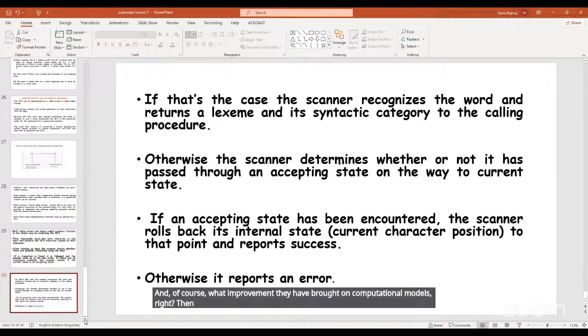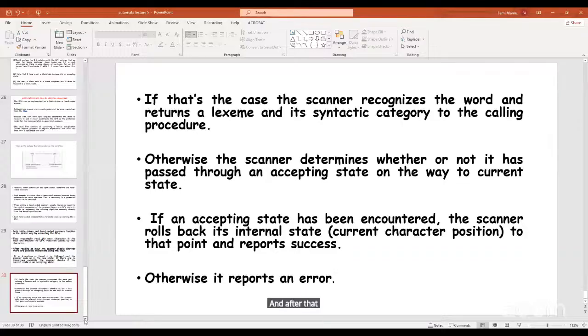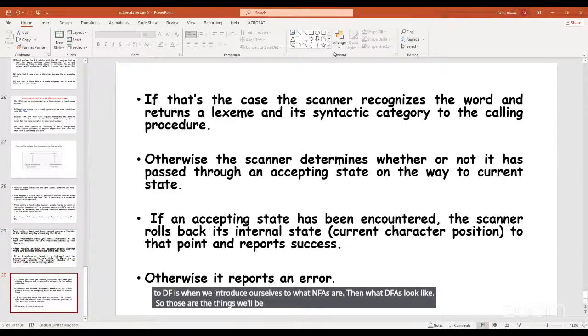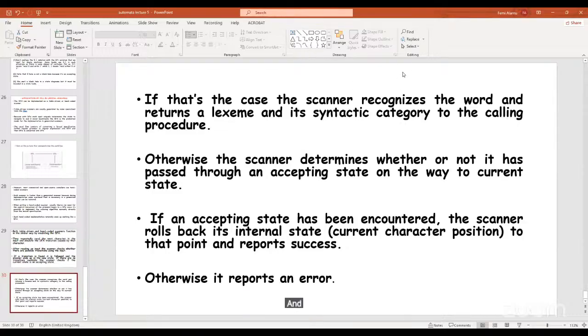Then maybe in the next class, we are going to be looking at equivalence, reduction, and standardization. Then after that, we end with NFAs to DFAs, when we introduce ourselves to what NFAs are and what DFAs look like. So those are the things we'll be looking at generally. And I hope at least you follow as we go. So this is the end of today's